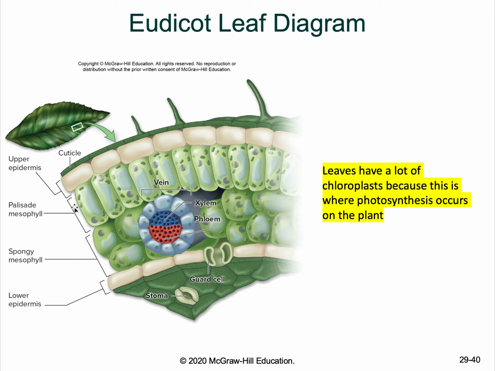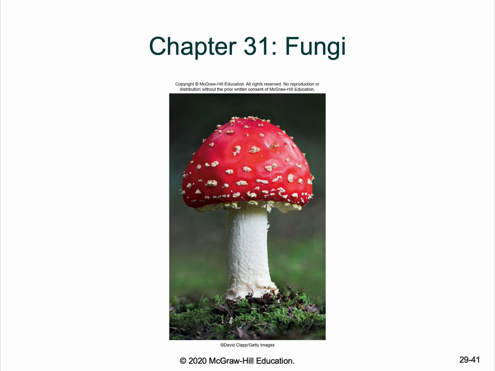Most notably in this part, this is what we call the mesophyll. And I need you to remember this for your exam. Within the mesophyll, all of these plant cells, and you know they're plant cells, right, because of the shape, they have the big vacuole in the middle, all of these have a lot of chloroplasts, right? And why do they have a lot of chloroplasts? Because this is where photosynthesis occurs. So again, within the mesophyll part of the leaf, you're going to have a lot of chloroplasts, and that's because that's where photosynthesis happens.